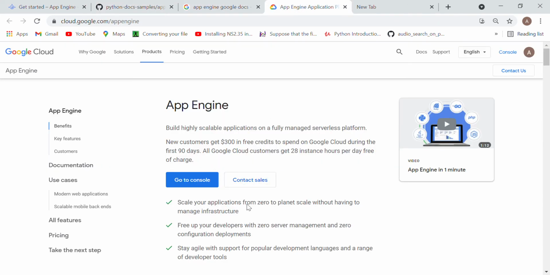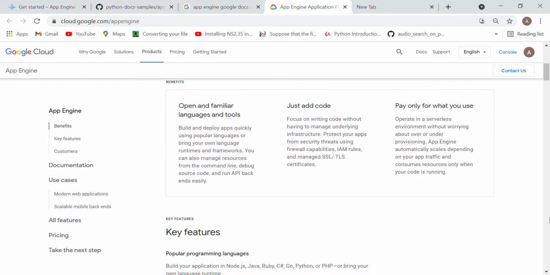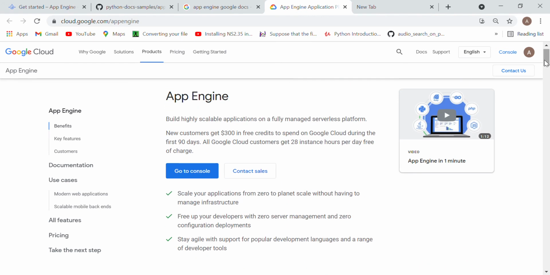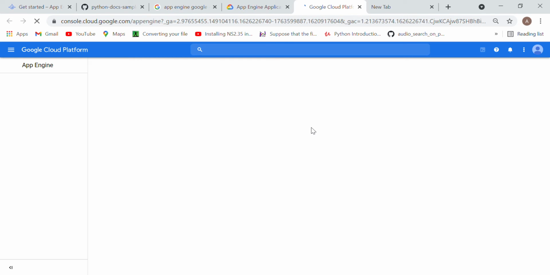Like suppose here, when I search about it, I got this screen. They are saying that you can use this App Engine to build scalable applications, and that it is a completely serverless platform. Means you don't need a server for this, and you have a credit of $300, so you can easily create it. They charge you on an hourly basis, hour per day basis. Now if you want to explore, you can click on Go to Console. So the same screen will be available here. So this is the thing.